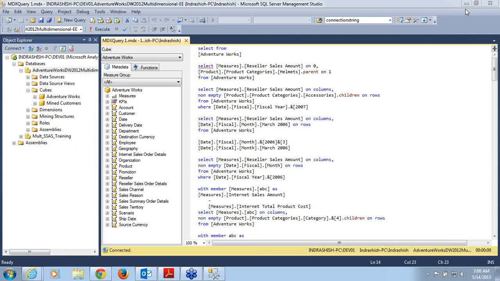Yes, you can start working on MDX, but to become an expert, or even to become comfortable with MDX, it takes time. It is not that simple, because the concept and the syntax, everything is a bit complex in MDX. Okay, so that is why Microsoft launched the tabular version of